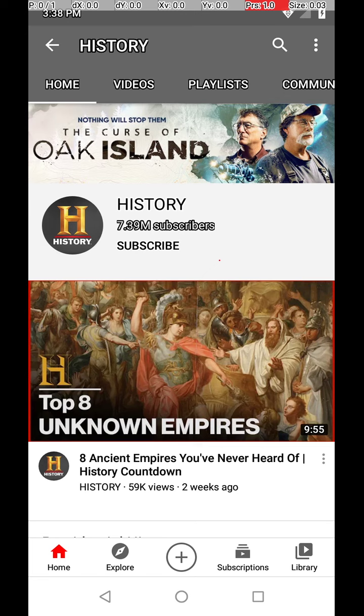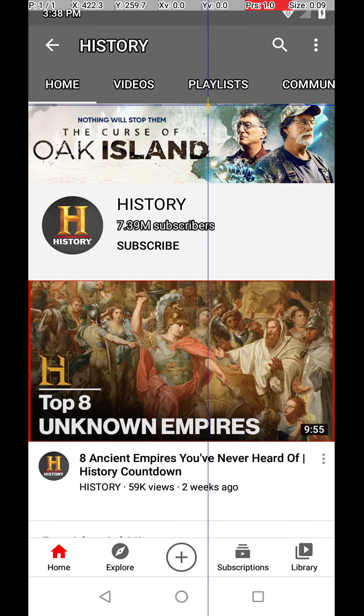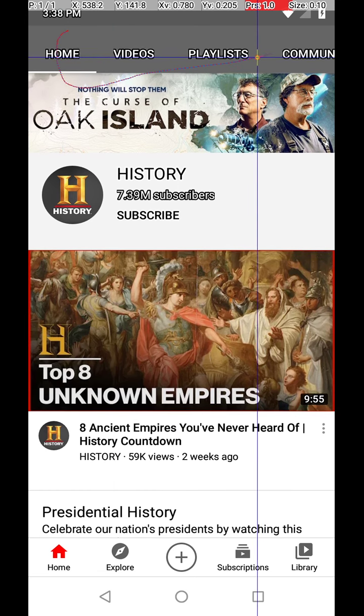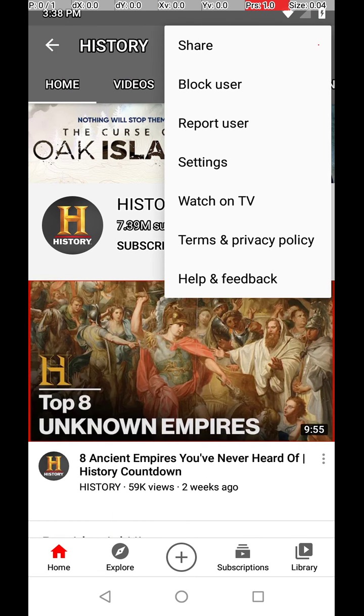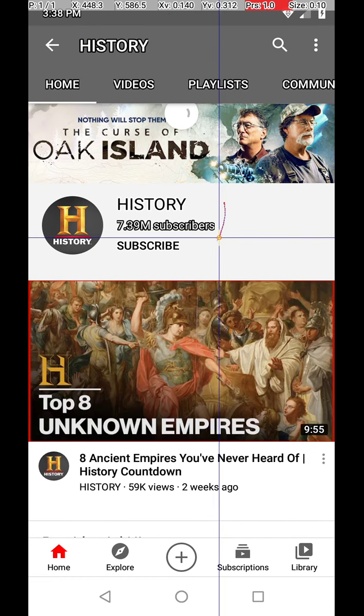And a lot of people think it's going to a web page. It isn't. This is calling up the app, the YouTube app. And you'll notice at the top here, there are those three buttons, but they give me a completely different type of menu. Also, there's no what's called URL at the top. That's because I'm not in my web browser called Chrome. I'm actually in an app, the YouTube app, not the